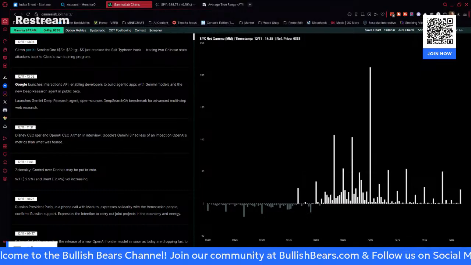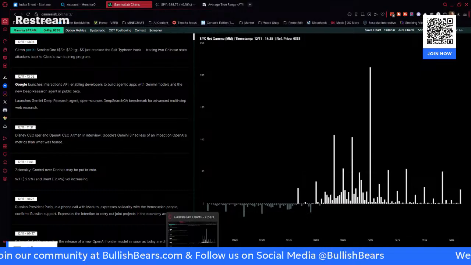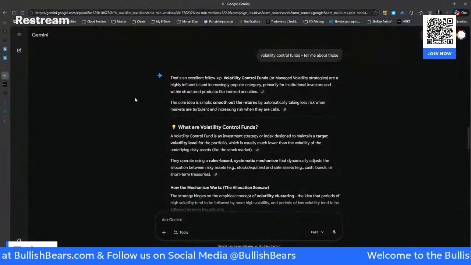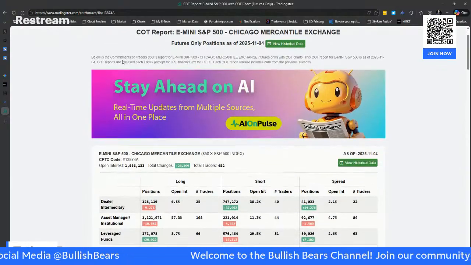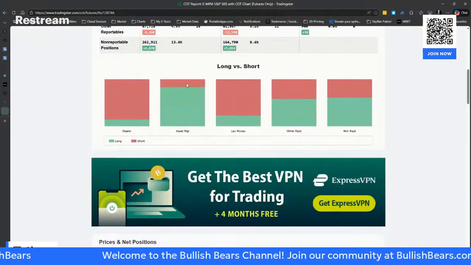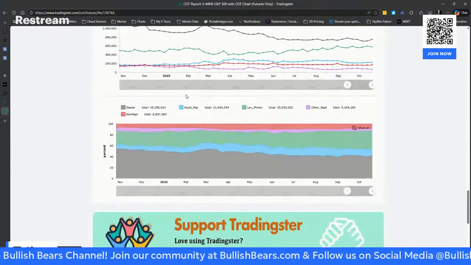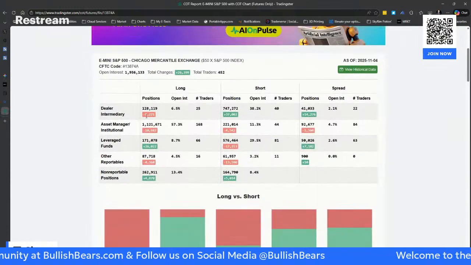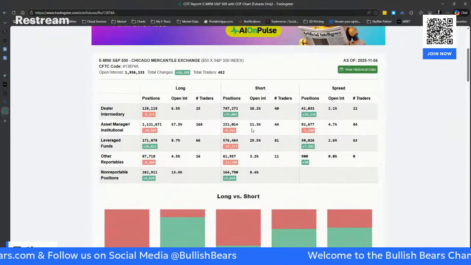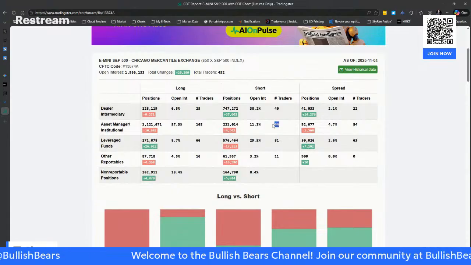Even just looking at the CTA positioning, if we were to jump back over to that, I should just put them all on the same screen. We don't have to do that. Scroll down here. We want the size of just one of these. So asset managers, institutions, net short, 44 traders are net short,